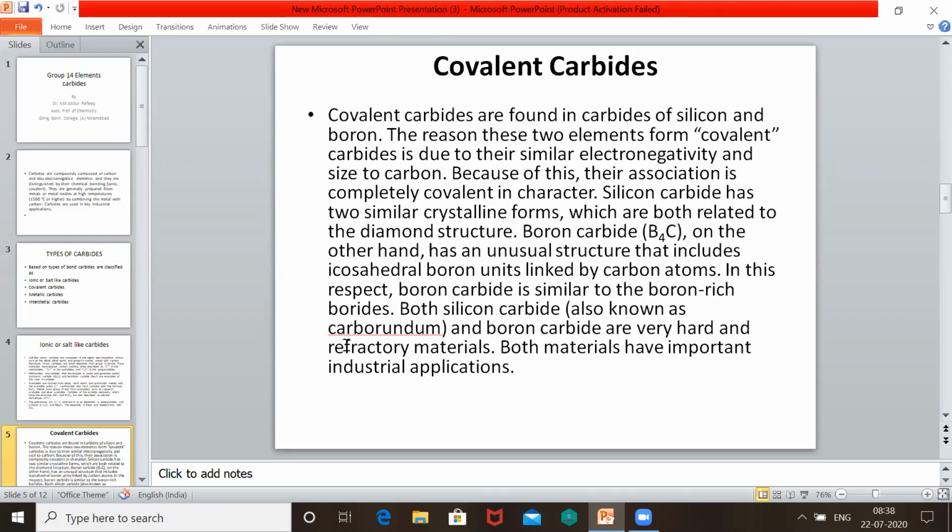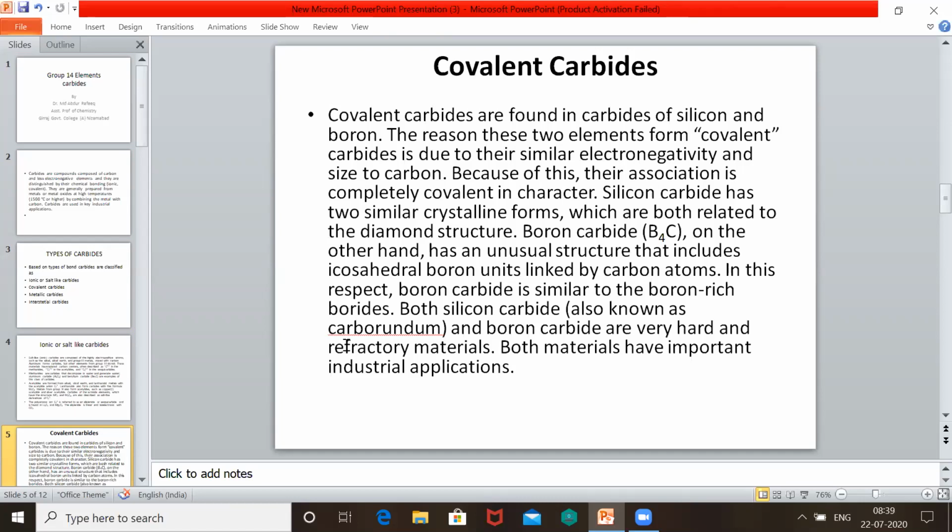They have similar electronegativity and size. Because of this, their association is completely covalent. Silicon carbide has two similar crystalline forms, which are both related to diamond structure. The structure of silicon carbide is similar to that of diamond, and boron carbide, on the other hand, has an